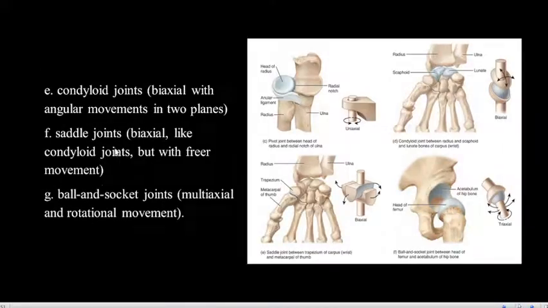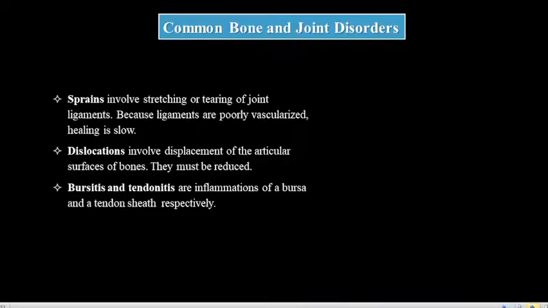Okay? Next, condyloid joints. You can find this in your wrists. And then, saddle joints, makikita sa thumb. And then, ball and socket joints can be found in your hip and shoulder. Okay? So, those are the examples. Kindly take note of that. Let's go to the